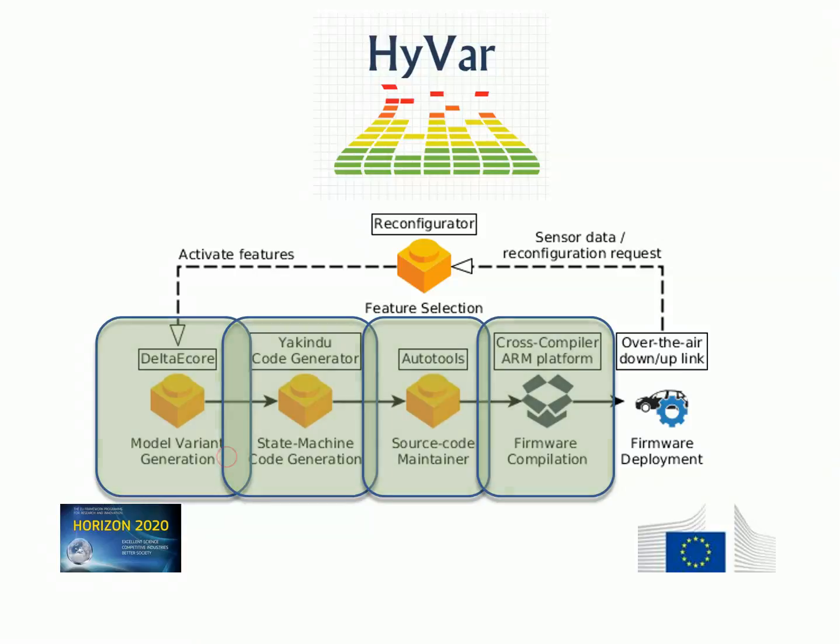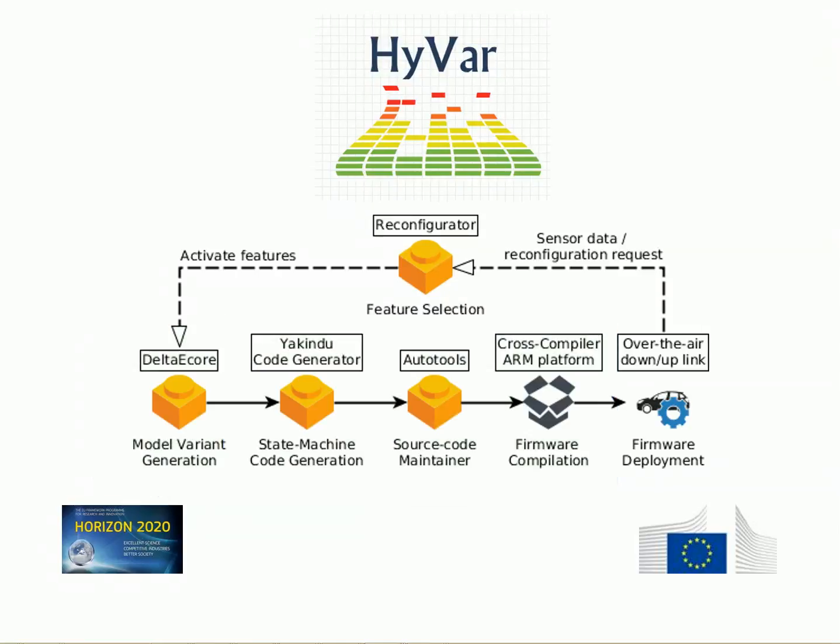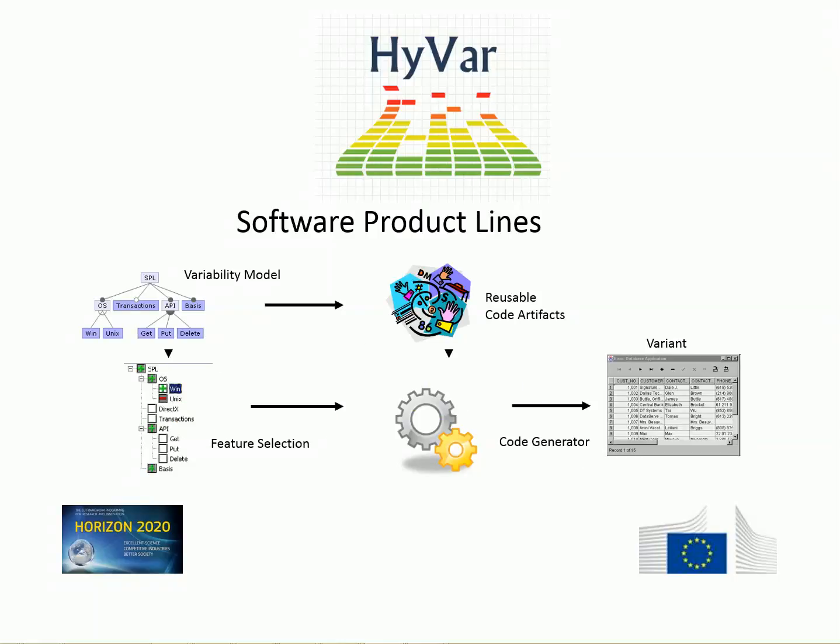We are going to apply the toolchain to the specific use case of the emergency call with different sets of features applied based on the location coordinates. Before starting this session, we would like to introduce some concepts used in the webinar. A software product line is a family of closely related software systems.